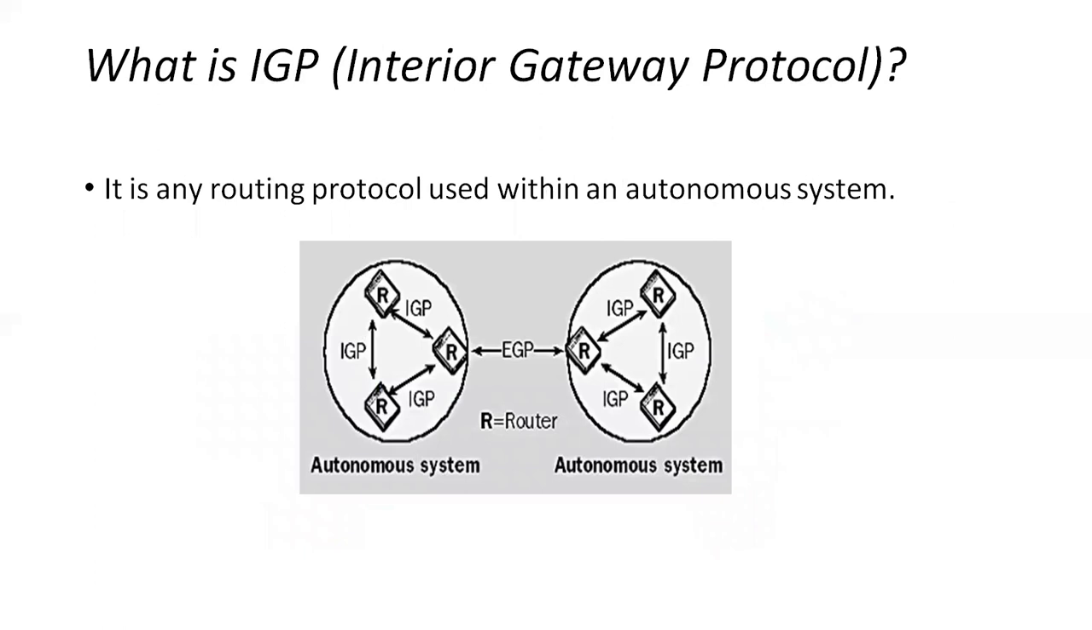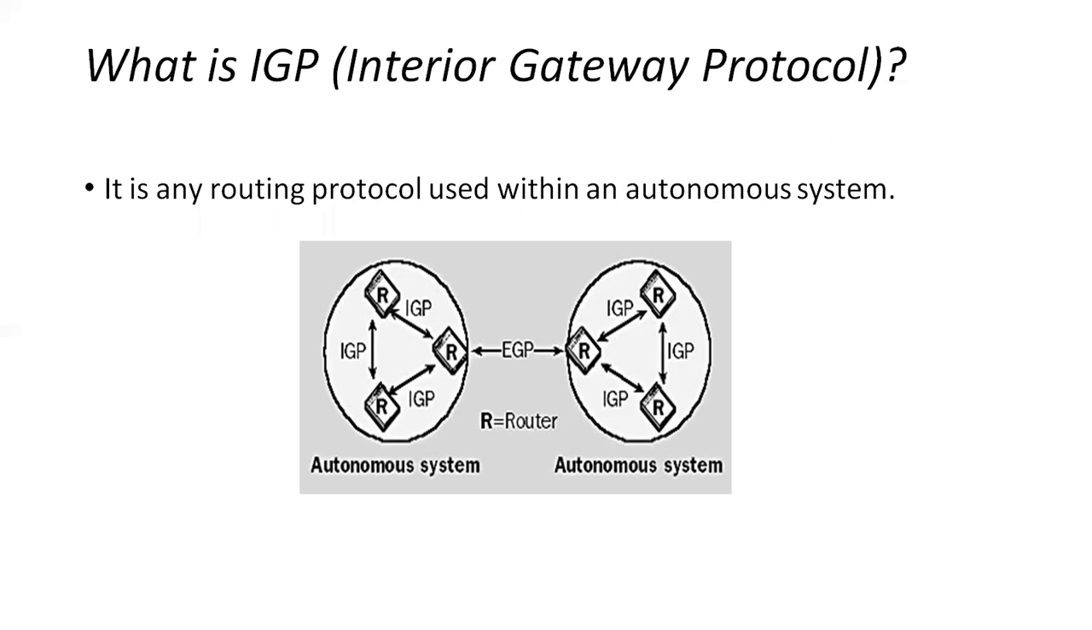What is IGP or Interior Gateway Protocol? It is any routing protocol used within an autonomous system. When the data packets are to be transferred within the same autonomous systems, interior gateway protocols are used. For the communication to happen between the networks using interior gateway protocol, both the networks must belong to same autonomous